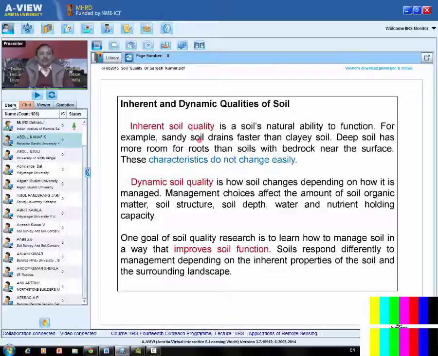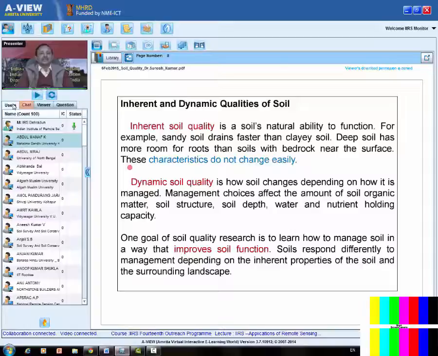You know, sandy soils drain faster than clay soils. So if sandy soils are there, there is better filtering. In clay soils, water does not percolate down. Deep soils and shallow soils are also factors affecting your inherent soil quality. It is governed by the geology of the bedrock from where the soil has developed. That is for in situ soils, but for transported soils, like in alluvial plains,